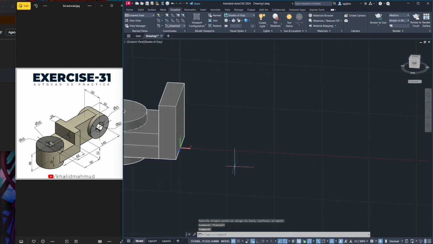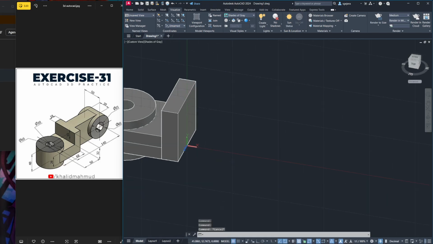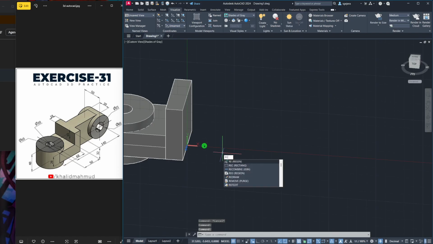Mas maganda lang siya na yung origin mo is located at some portion or some endpoint of your object, no. It makes it sort of easier. At least for me, it's easier no. Kasi kunwari ito, nandito siya. What I can do is if I create a rectangle,